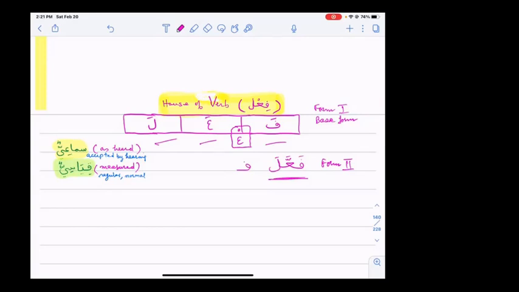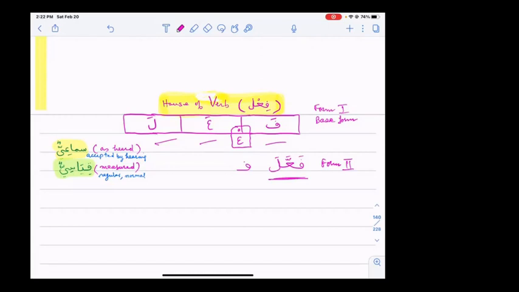And whenever a shadda is coming, please remember that a shadda has 2 letters, and always, always, always the first letter has a sukoon, and on the second letter we will have a vowel sign of fatha, dhamma, or kasra. This is the rule you must always remember. You cannot put the vowel sign on the first letter of a shadda. No, no, no. The first letter will always be